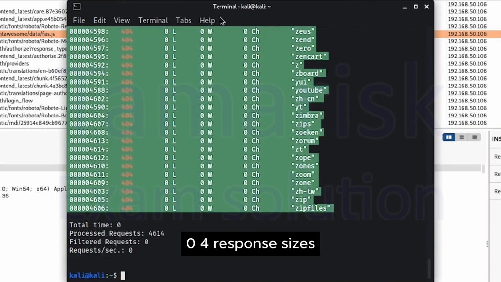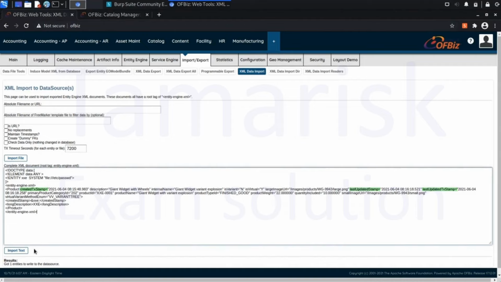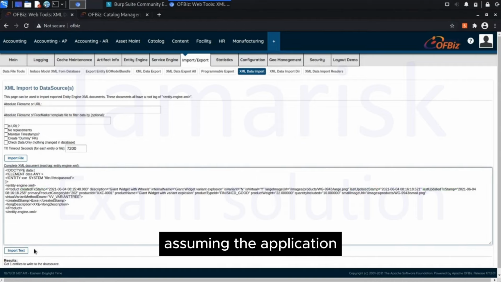For example, the baseline product example includes several attributes containing timestamps. Assuming the application validates the XML values or uses them in a database, the application might throw an error if we include a value in one of those elements that cannot be parsed as a timestamp. We've updated our exploit payload, moving the created stamp from an attribute to an element and placing our entity reference there. We also removed the entity reference from the long description element. When we submit this updated payload to the application,